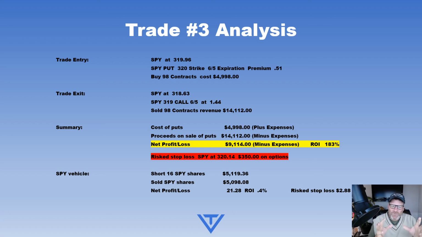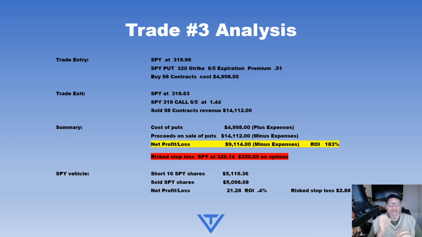So you have a lot bigger win on a smaller move like this. And this is why we like trading these options on expiration because of that. Because the option premium will never go below intrinsic value typically. So that's something important to understand. So SPY at 318.63. The premium is $1.44 for $14,000 in proceeds. So again, summary. $5,000 to buy them, got to subtract expenses. You got proceeds of about $14,000 for a net profit of $9,000, 183% ROI for an 18-minute trade, risking $350